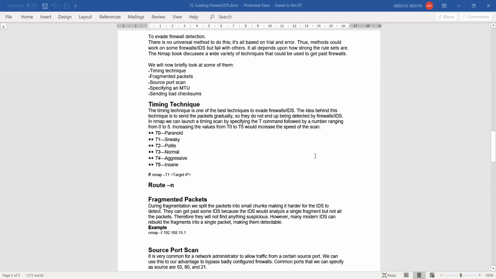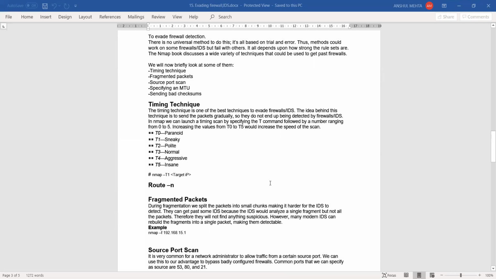So we are going to take a look at a few detection techniques since this chapter is about evading firewalls. Now, as it says, it's very important to remember that there is no universal method to do this. So it's all based on trial and error.